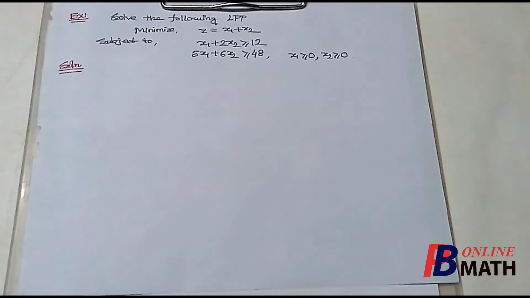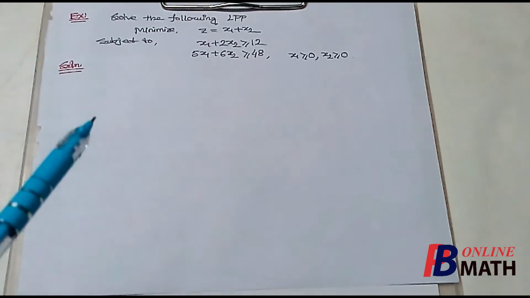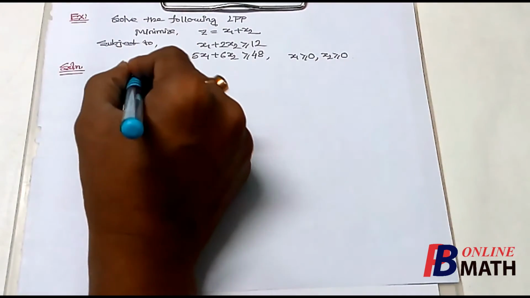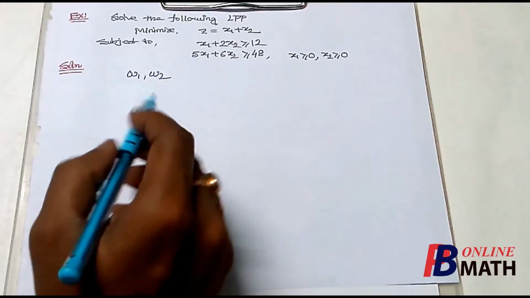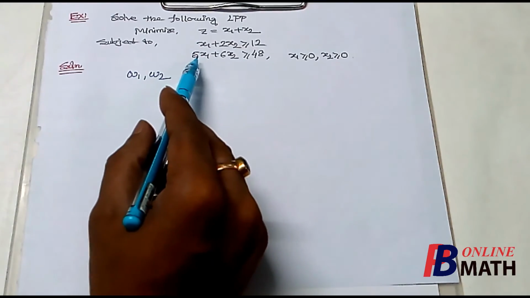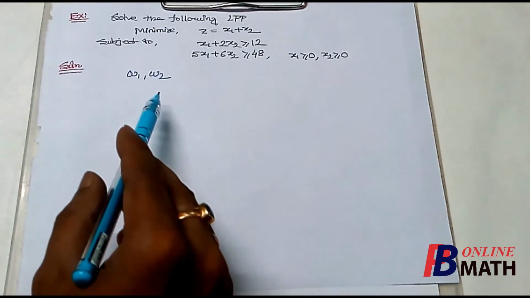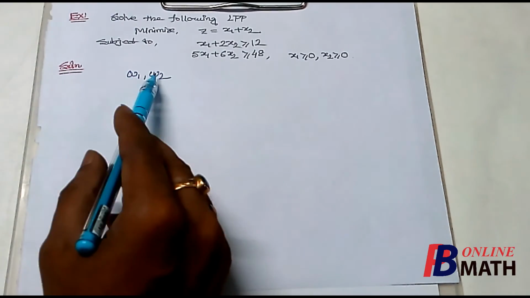But if we use duality theory in this problem, then we can find that if we convert this problem to a dual problem, then the dual problem can be solved by using the usual simplex method. Let us find it. So first we find the dual of this problem. Let us introduce two dual variables omega 1 and omega 2. The number of constraints in the primal will be the number of variables in the dual. So it has two constraints, so the dual problem will have two variables omega 1 and omega 2.